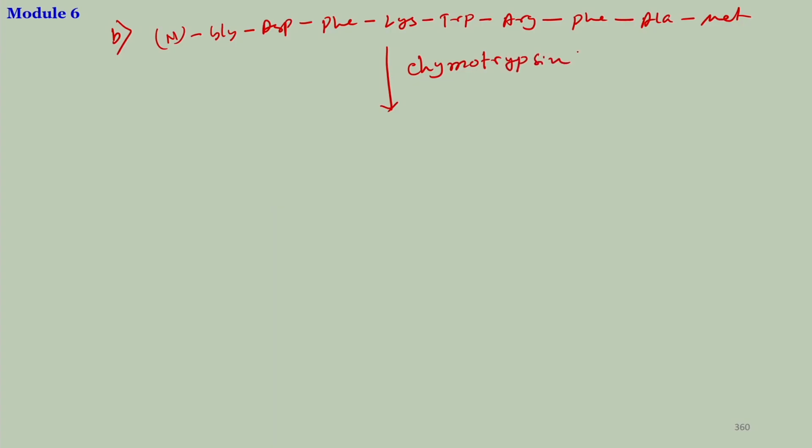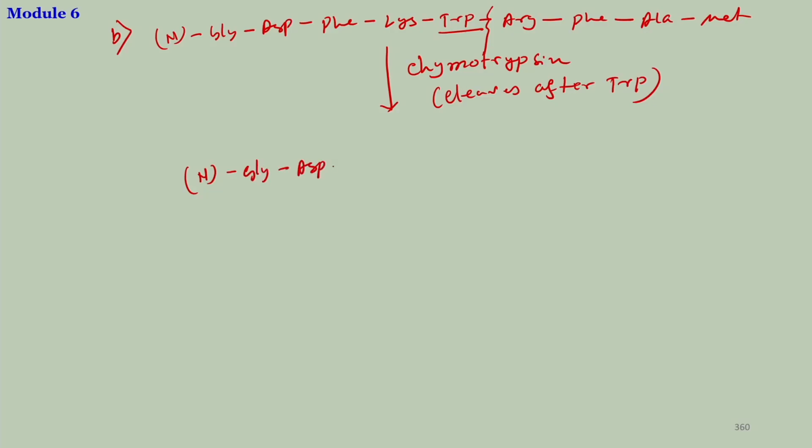Chymotrypsin, and we know that chymotrypsin cleaves the C terminal end of the tryptophan. So, it will basically cleave here, cleaves after tryptophan, and there is only, I think, one tryptophan. So, you will have a single cleavage here, and your fragments would be